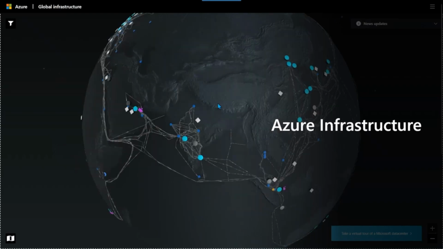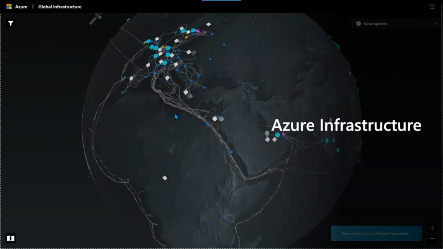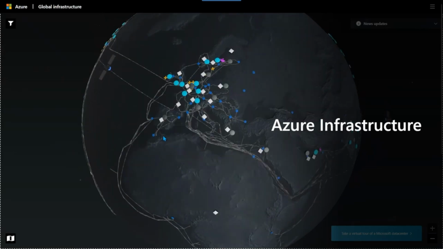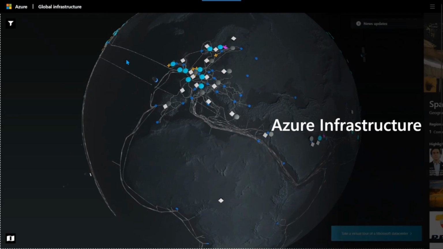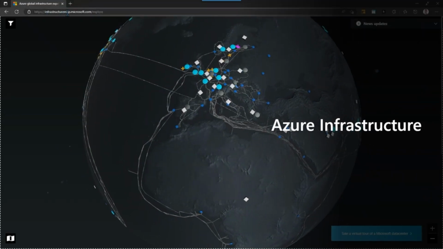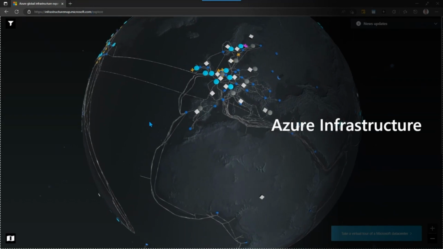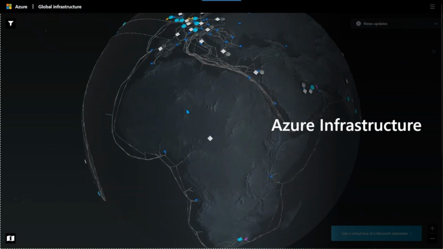Okay, you should now be seeing a globe spinning around with some animations and some lines and dots and circles. This is the visualization of the Azure global infrastructure. You can find it on infrastructuremap.microsoft.com. And I'll be just showing you this